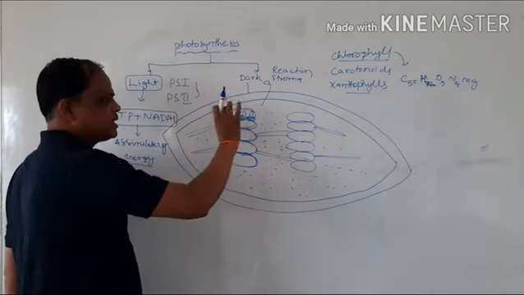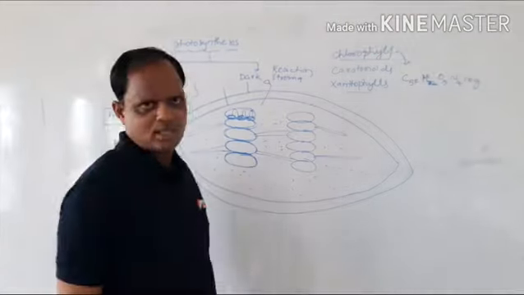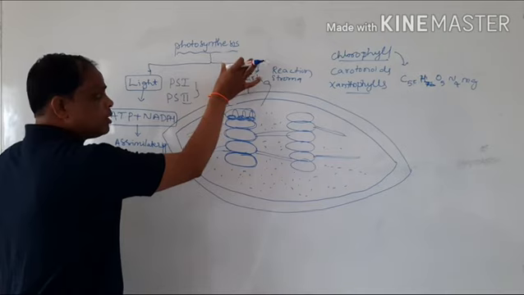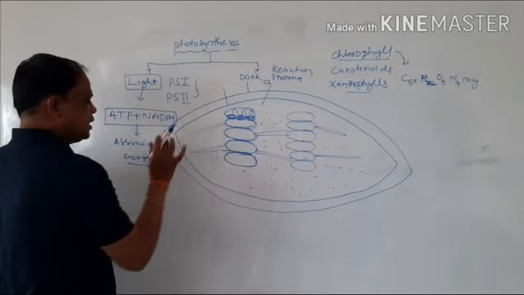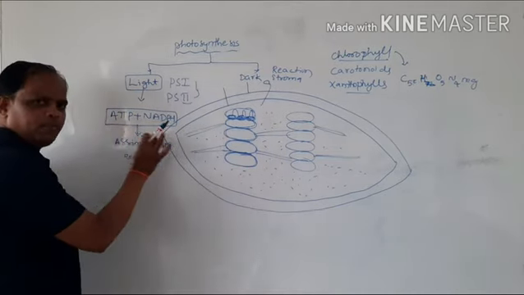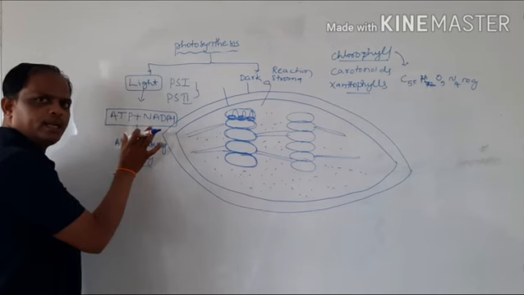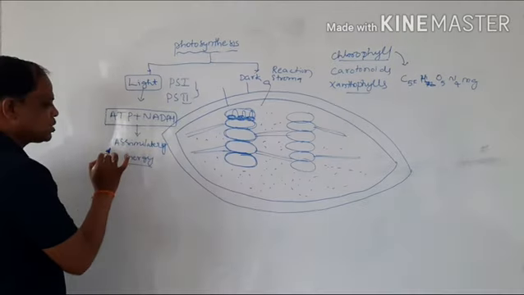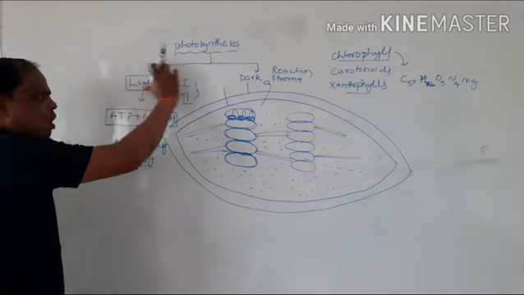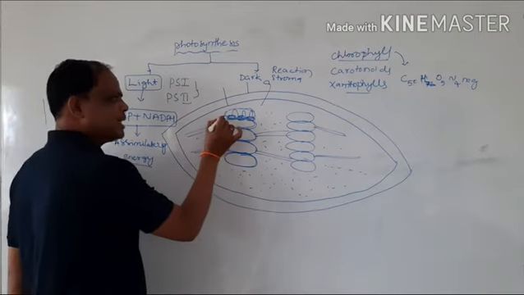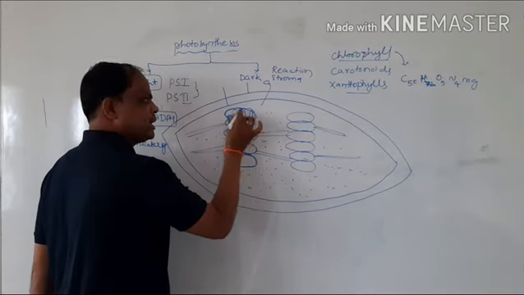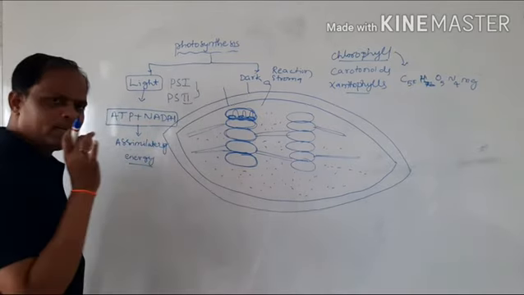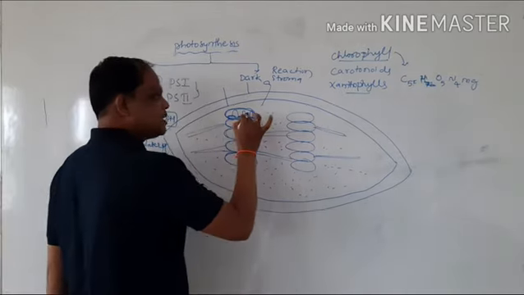These are called reaction centers. With the help of these reaction centers, by the process of photosynthesis, the final products are ATP and NADPH. Both of these energies are also called assimilatory energy. All the light reaction process is carried out inside of these thylakoids. Then the final products ATP and NADPH are released to that